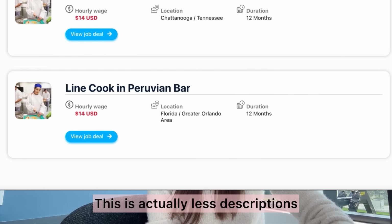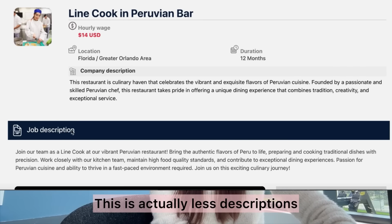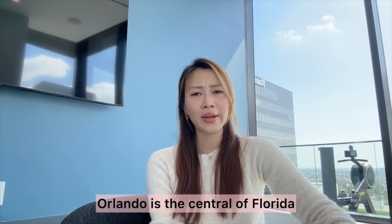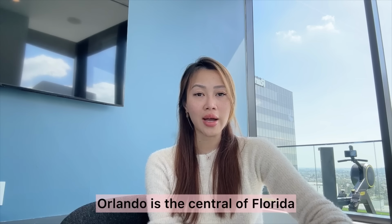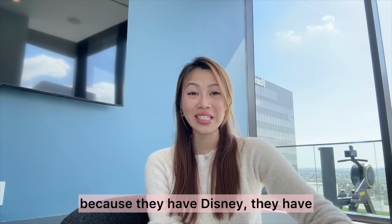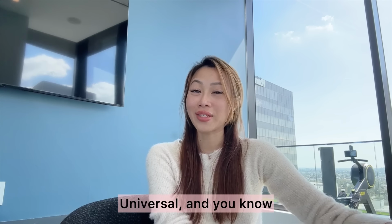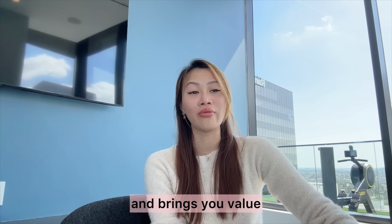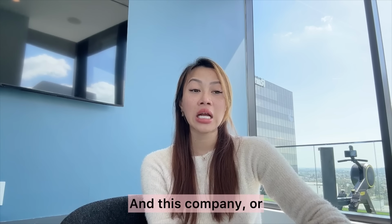This one has fewer descriptions, but they are located in Orlando. And if you don't know, Orlando is the center of Florida. It brings a lot of tourists because they have Disney and Universal, and whenever they have tourists, it attracts a lot of money and brings revenue. And this company, or